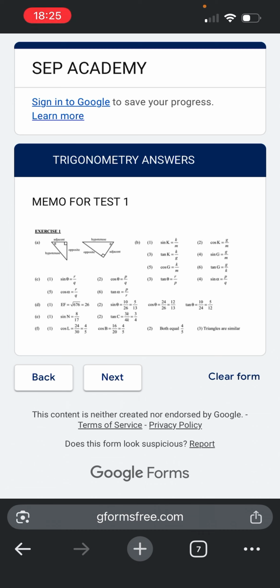This is so that once you are done marking your script, remember, you can still use the same pen that you were using to write. You can use the pencil. It doesn't really matter that much. You only mark your final answers. Question number 1, you got it right, you put a tick. Question number 2, you got it wrong, put it wrong. And then once you are done marking your script, you just click on next so that you'll be able to